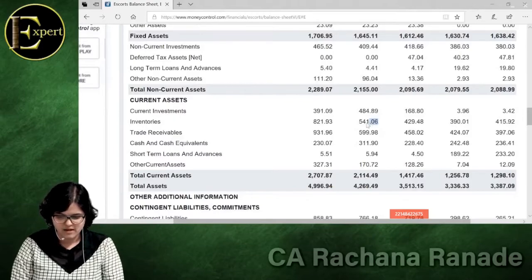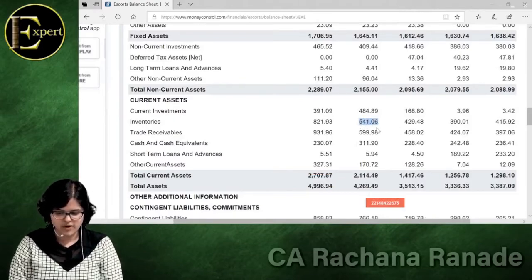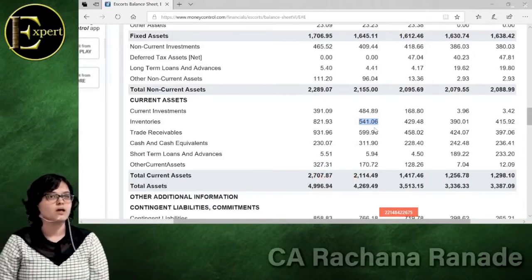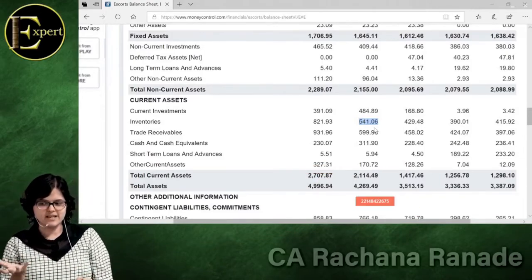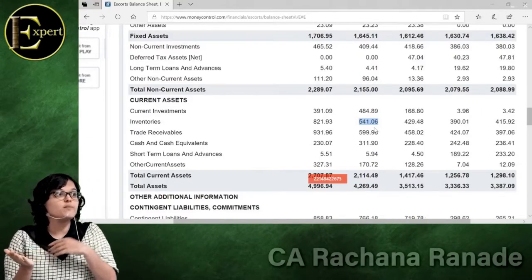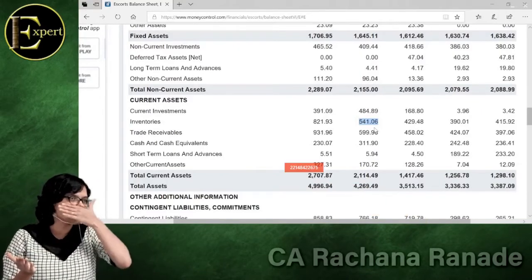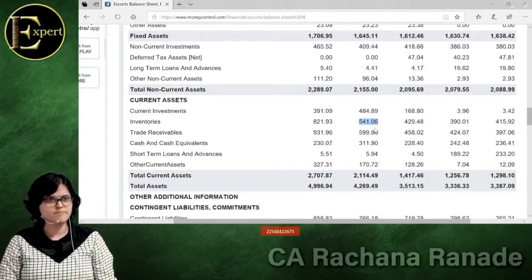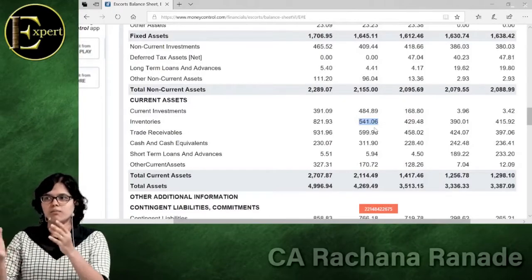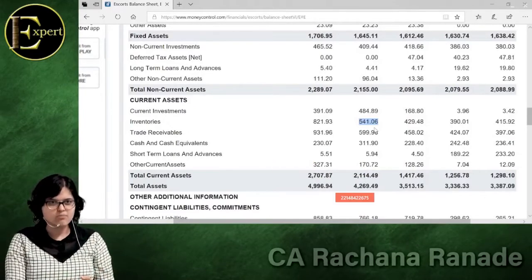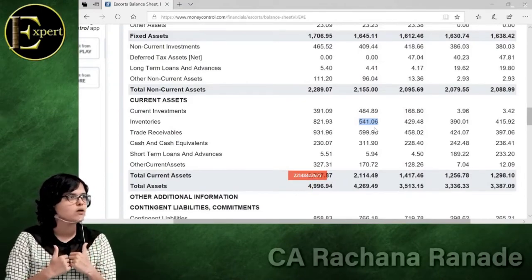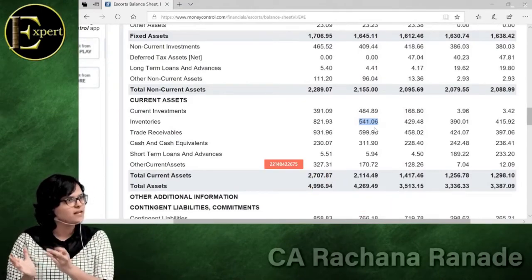See, in the previous year they had 541 crore of inventory. What does inventory mean? That it is there in the warehouse. They have manufactured it and it's there with us. We were not able to sell it. Okay. Will some company keep some inventory with them? It will not be like make and sell. It's not like an FMCG product, not a food item that you make today and eat today. Okay, for them they will keep some inventory with them.